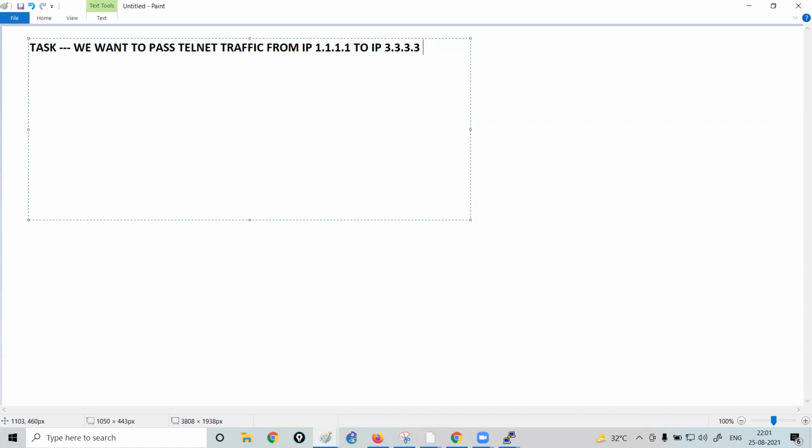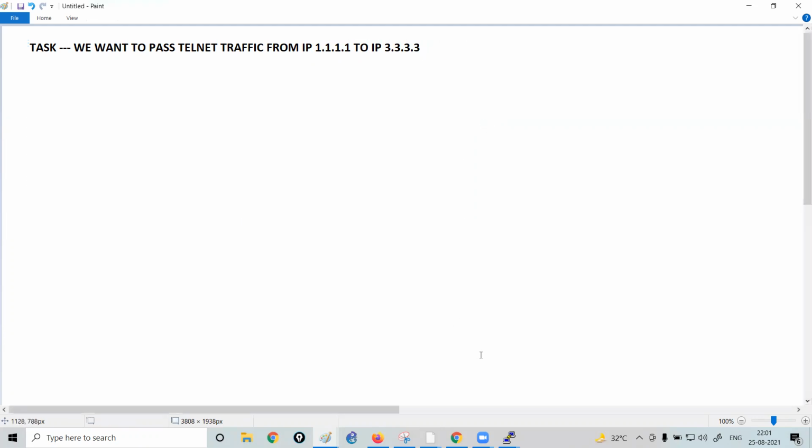Basically, our task is we want that the router which is having IP 1.1.1.1, when it tries to take the Telnet of the IP 3.3.3.3, it should be successful. That is our task. Fine.